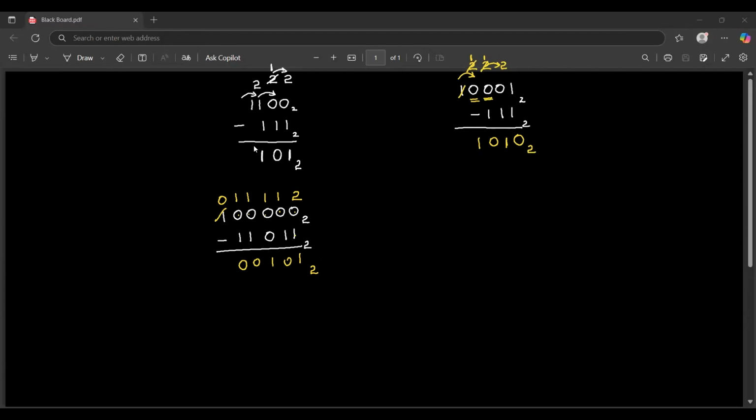Let's say we have 101010, and you have to subtract 10101 to the base 2. How can you do this? Well, it's the same drill. You start from the rightmost corner. So here you have 0, well, you can't subtract, so you will borrow 1 from here, so it will become